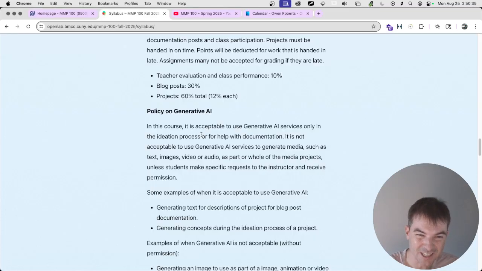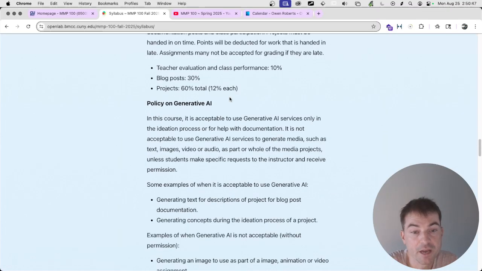It's also going to be harder to do that in this class because I'm going to be looking for very specific things in your assignments. So it's not going to be as useful to use AI in a lot of contexts. If you have a specific request, if you say, hey, I have this really specific idea and I think AI would be useful, send me an email. I'm very open to talking about different ideas, especially if they're enabling your creativity.